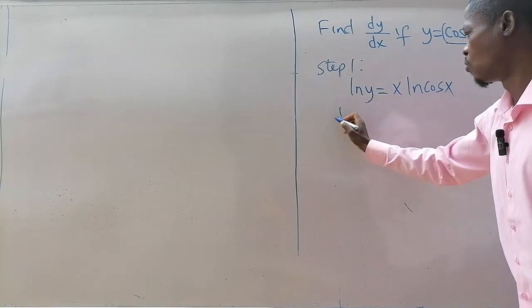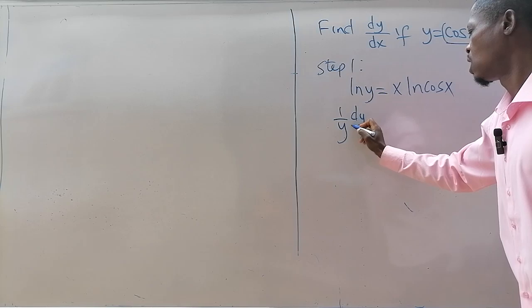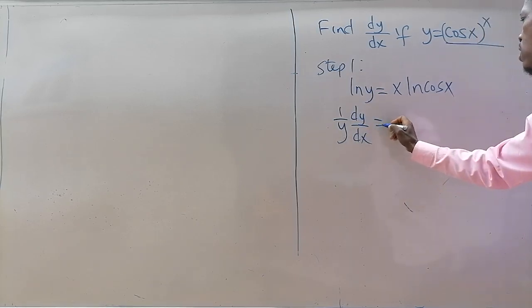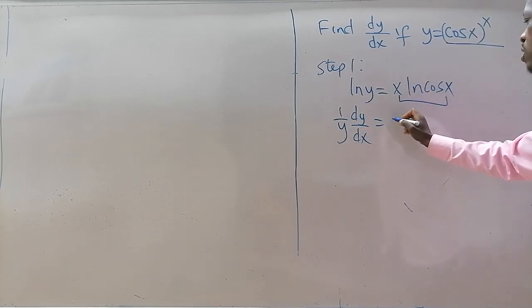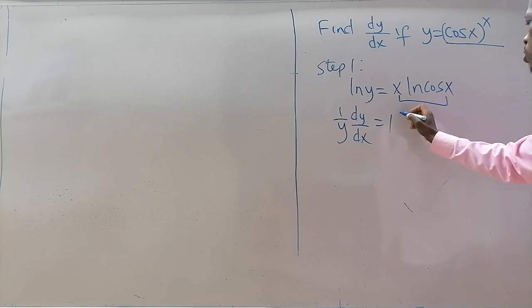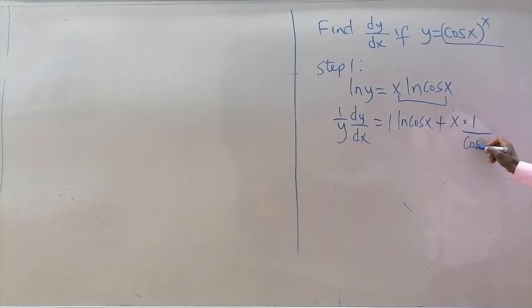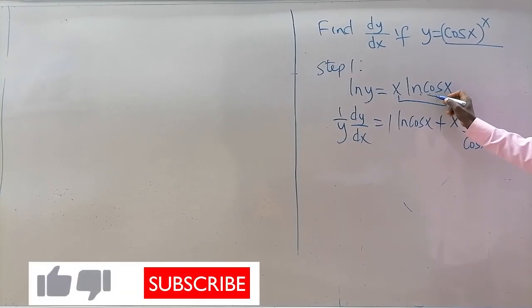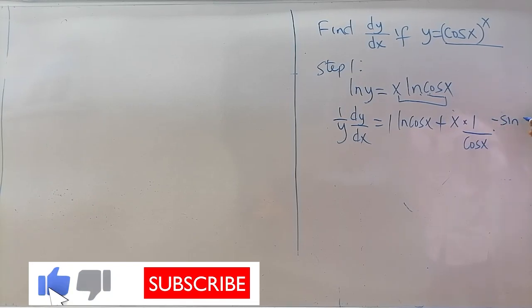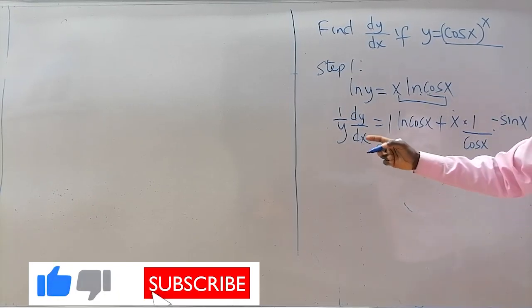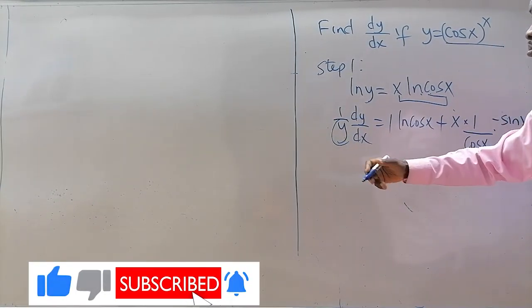So this will give you 1 over y dy/dx. Then this one is a product rule. Differentiate this one, that's 1. Keep your x constant and differentiate the natural logarithm: 1 over cos x times the derivative of this, which is minus sin x. And the final thing to do now is to remove this one from here by multiplying through